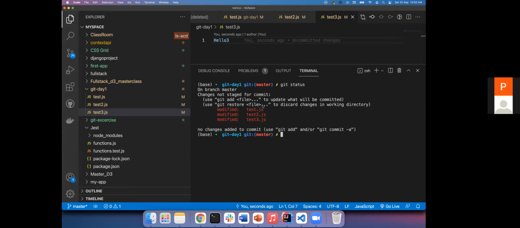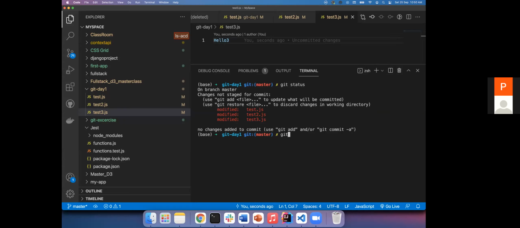So stages are not committed. Yes, because we have done some changes. But if you remember what was showing in the initial, and this is now modified. So now it is saying no changes are added to commit again. So what happened? Maybe some files are added, some file has been changed, right?